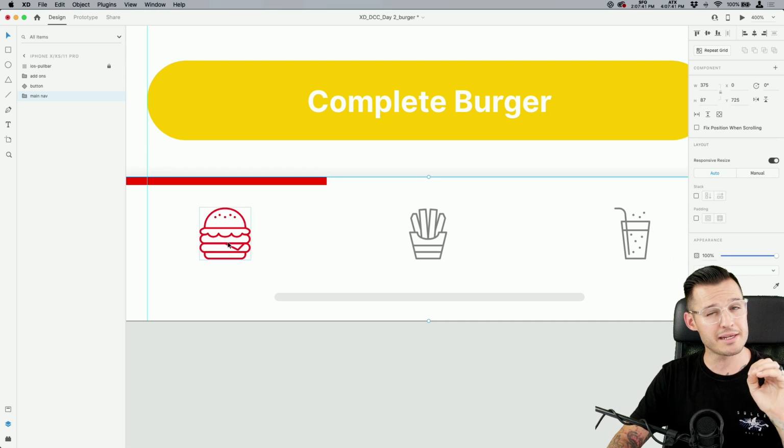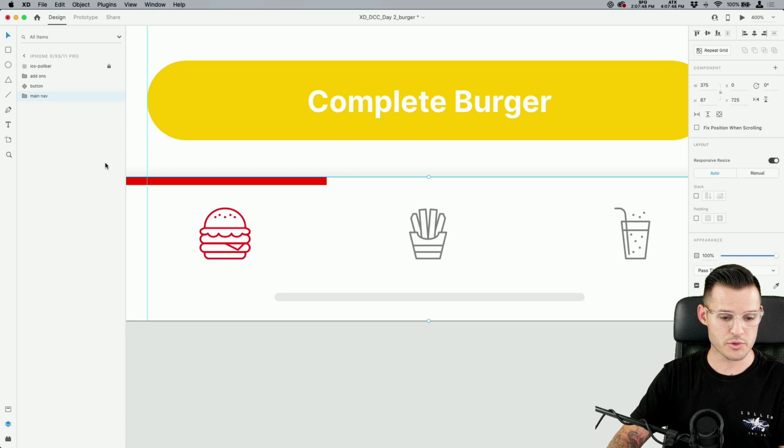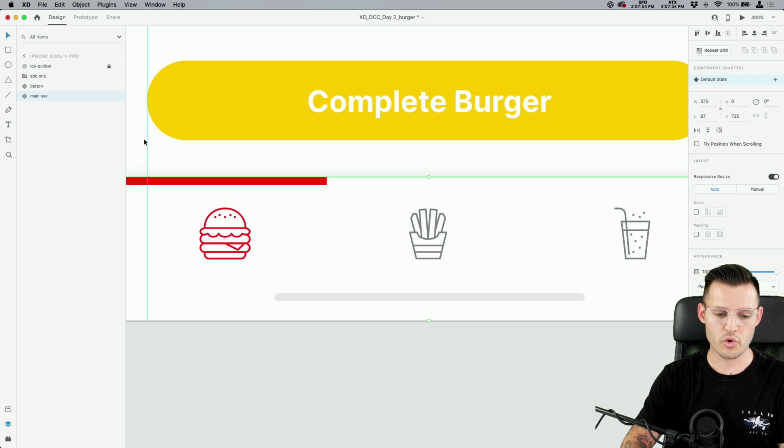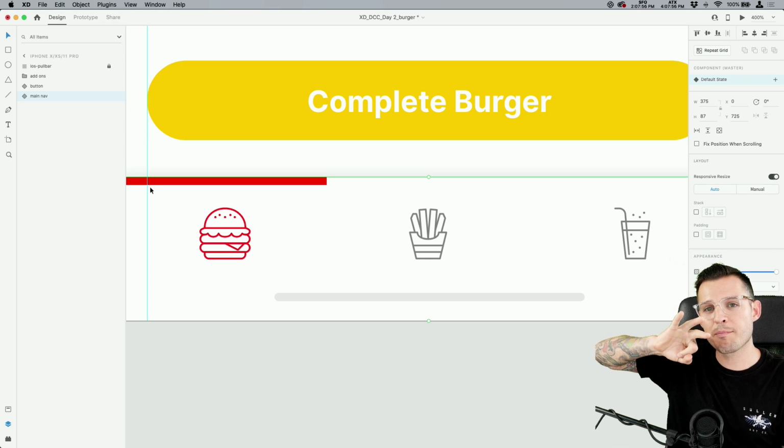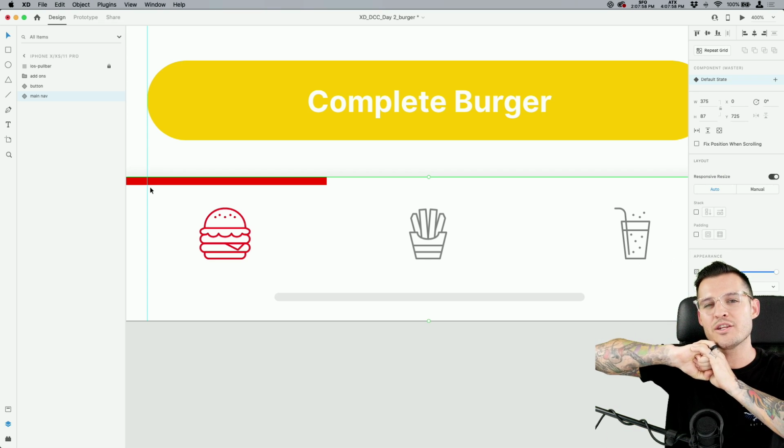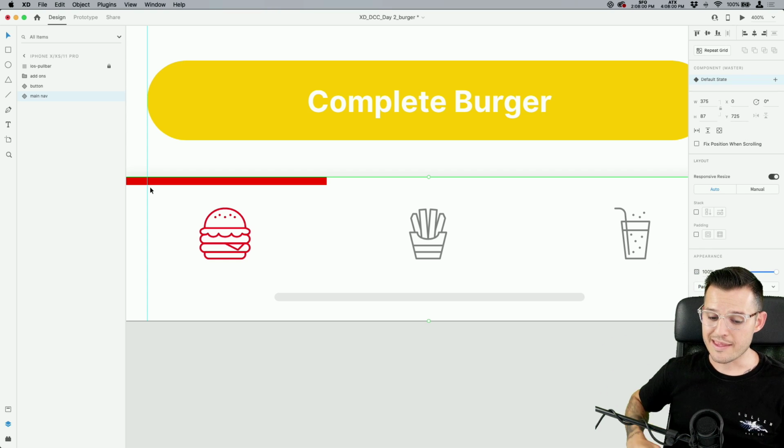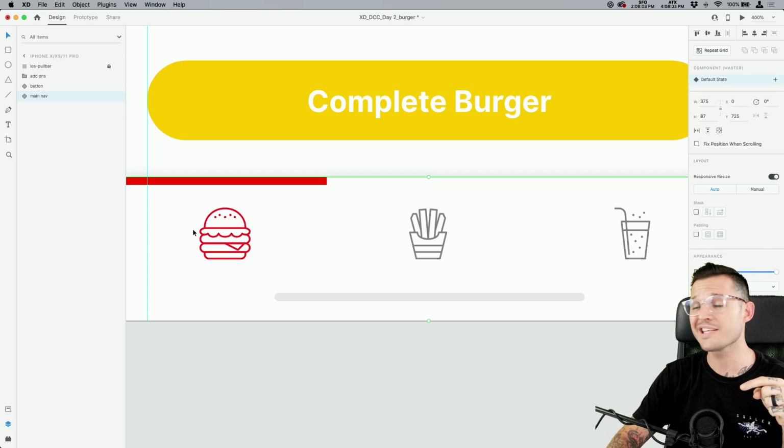We're going to do nested components, and we're going to use the component states and play with it and actually get some cool animation. So let's do this really quick. We're going to take our main nav, which inside of it has 3 components. We are now going to press Command or Control K on that, and we've taken those 3 components and nested them inside a new component. If we were to change the icon component, it would change inside of this nested component.